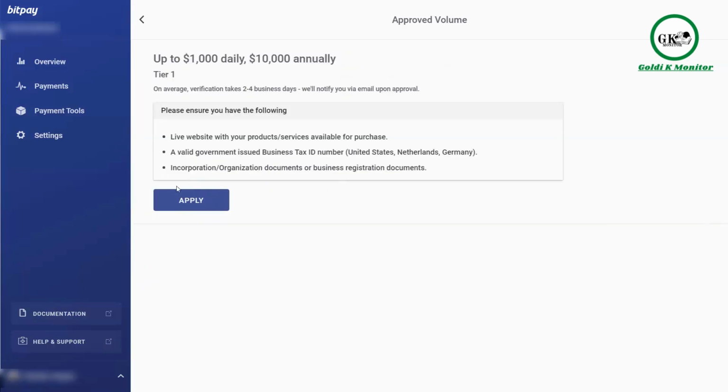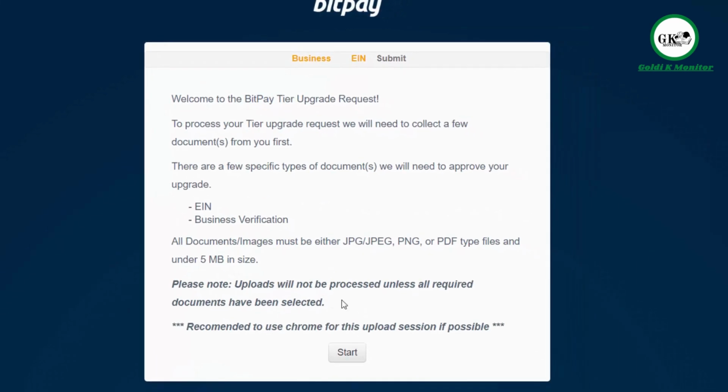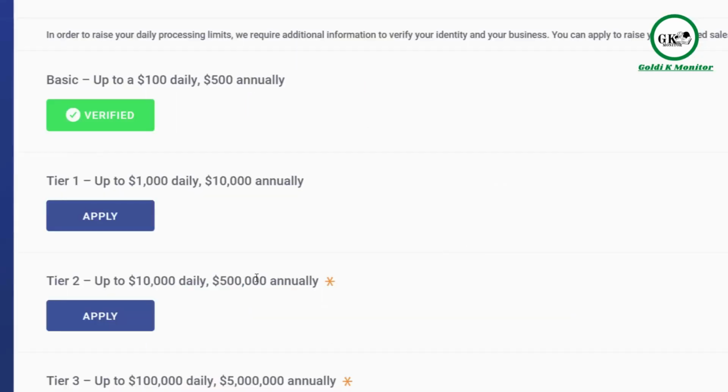And this is what BitPay will need in order to approve you for this level. And then if you have these documents, you'll then need to click Apply. And then you'll be asked to upload these documents direct to BitPay. Now, you can also make application to apply